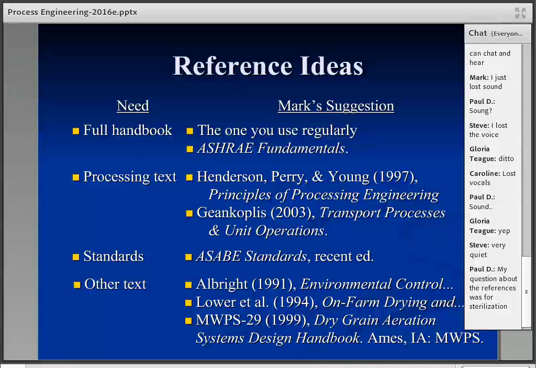The reference for sterilization. Okay, yeah. The question